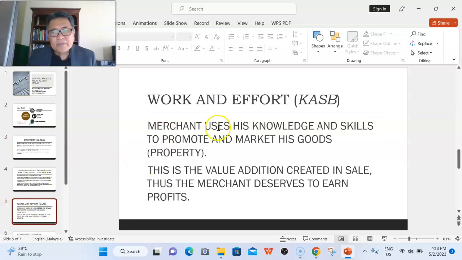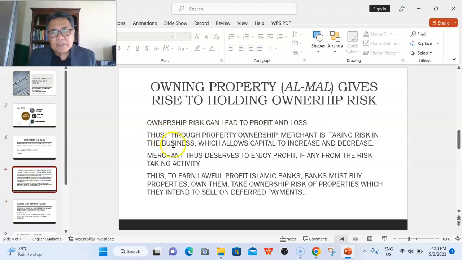And so we can see here that the merchant invested his capital to purchase that property, and therefore by owning the property, the merchant holds ownership risk. So through ownership risk, it can lead to profit and loss. Thus, through property ownership, the merchant is taking risk in the business, which allows capital to increase and decrease. And therefore, the merchant does deserve to enjoy profit, if any, from the risk-taking activity. Right? So to earn lawful profit,